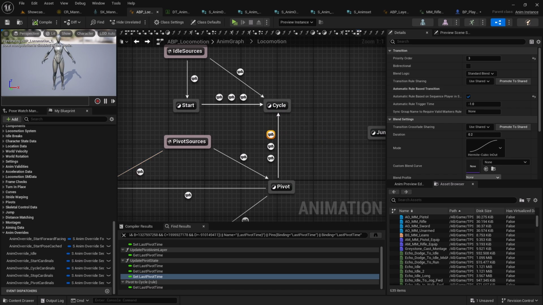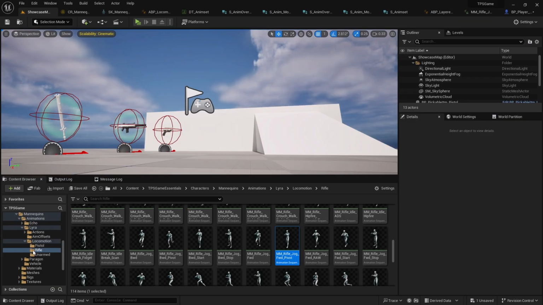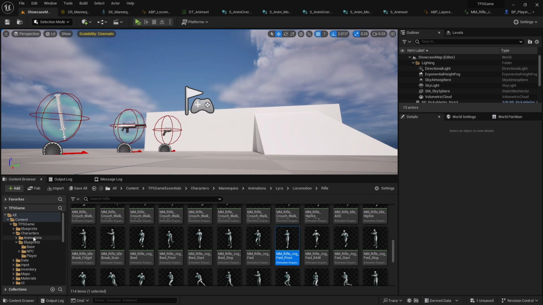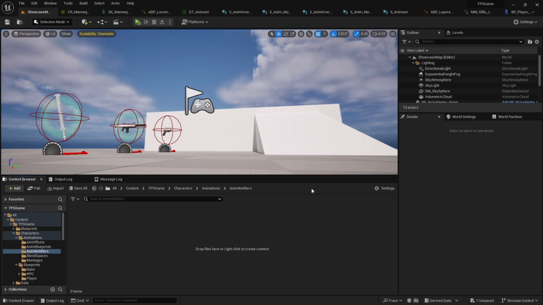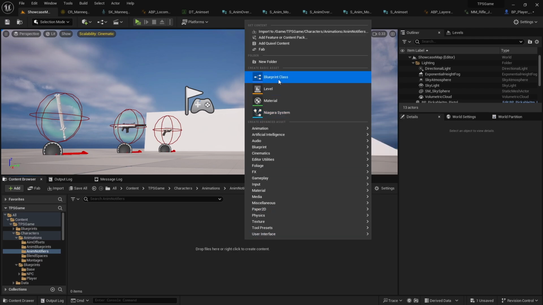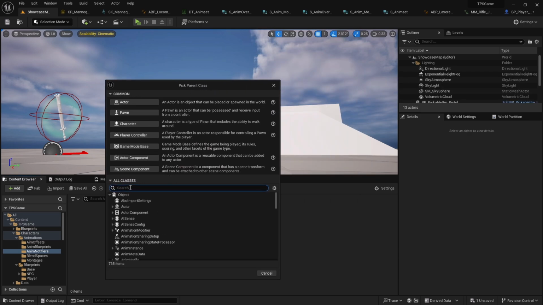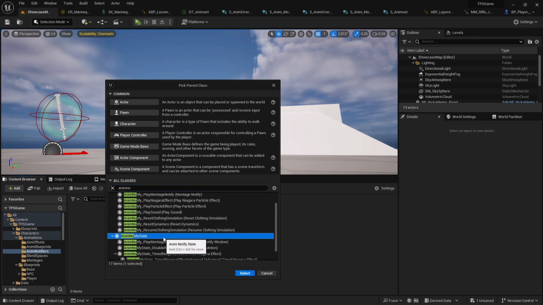Okay, so in order to add that, what we can do is we can create a notifier state. So in the animations, I'll create a new folder called Anim notifiers, and here we can add Anim notifier. Maybe let's select the class hierarchy and search for Anim notify state. Yeah, let's use this one,